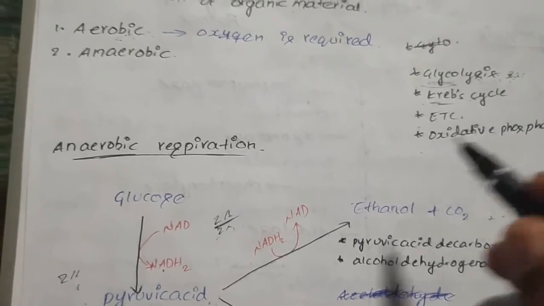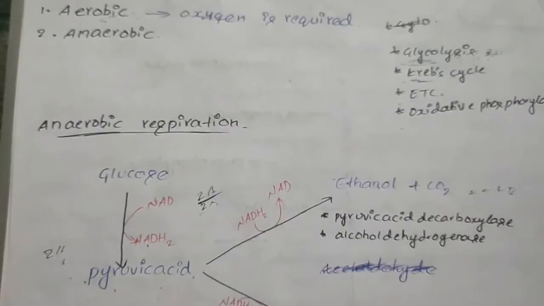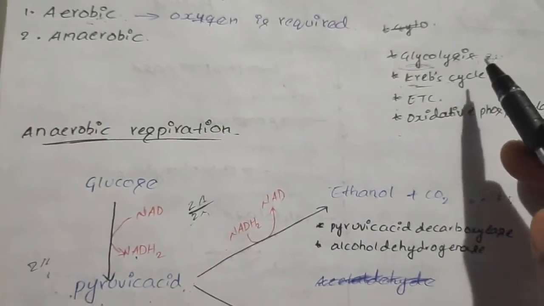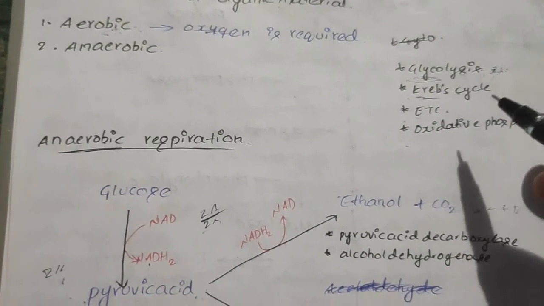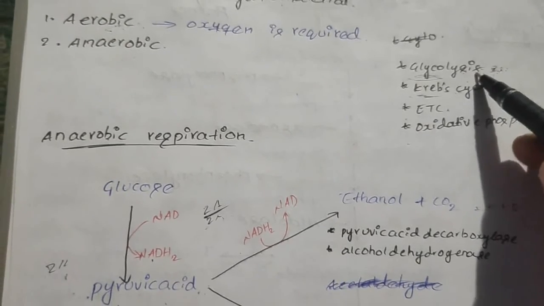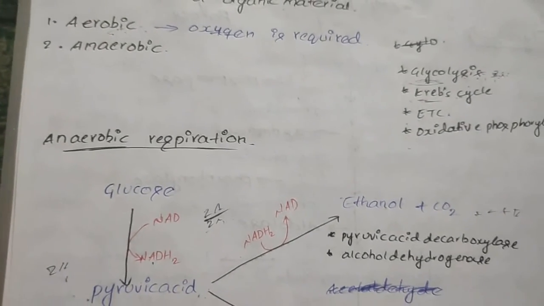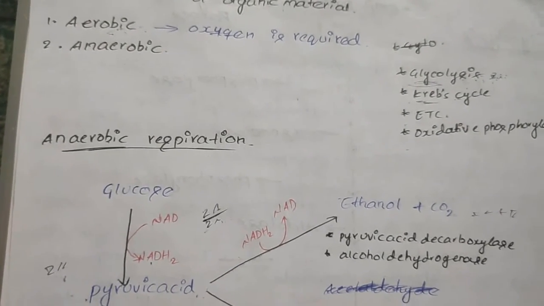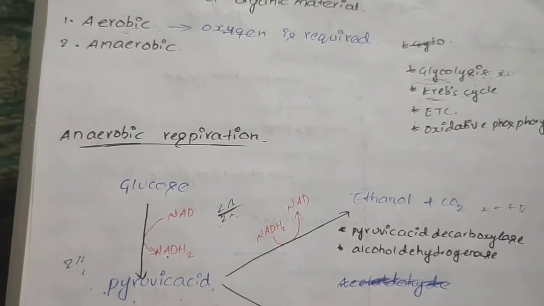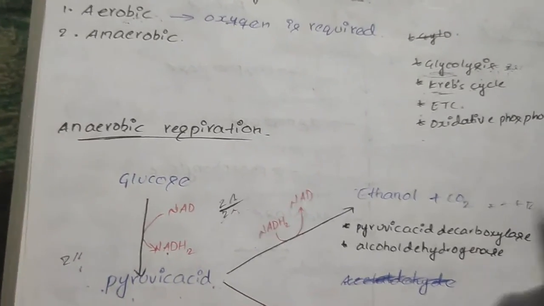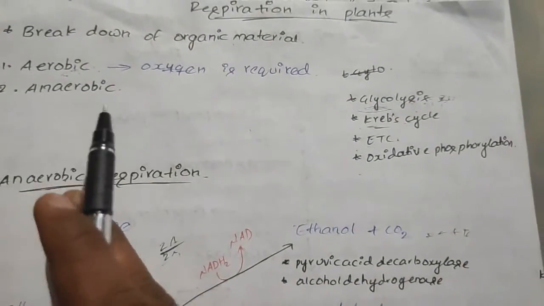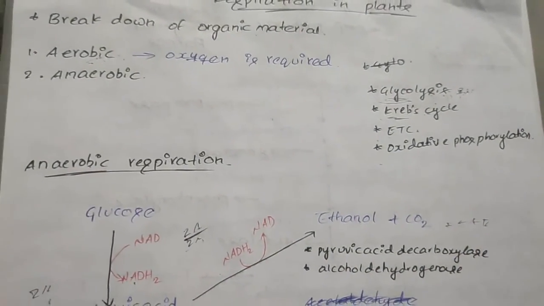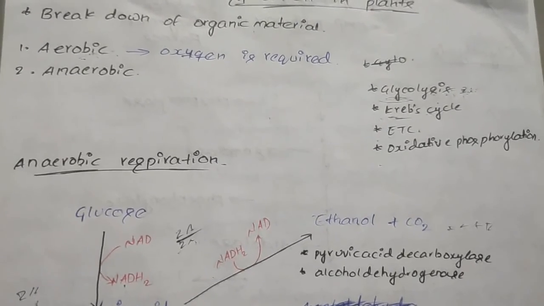Out of the 38 ATP produced from aerobic respiration, 2 ATP are lost to pump the 2 NADH2 produced from glycolysis in the cytoplasm into the mitochondria. In this process energy is required and these 2 ATP are consumed. So we should remove 2 ATPs out of 38 ATPs. And finally, after completion of aerobic respiration, we get only 36 ATPs, and 36 ATPs is the net product of this aerobic respiration.